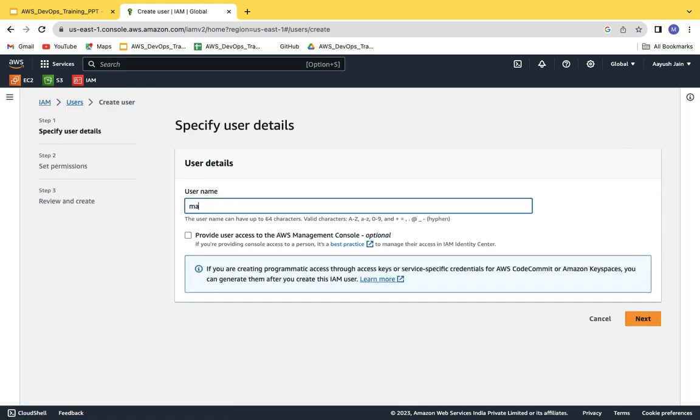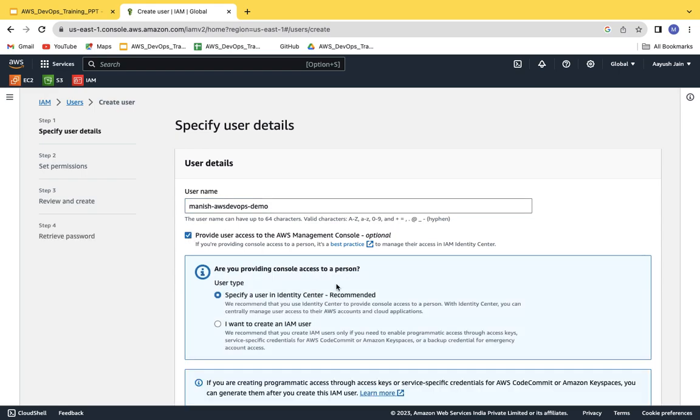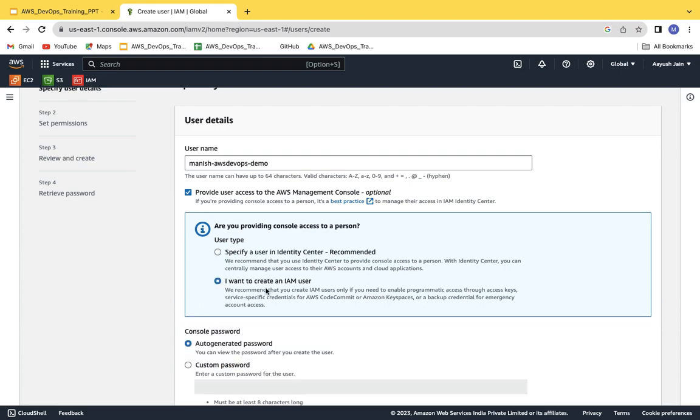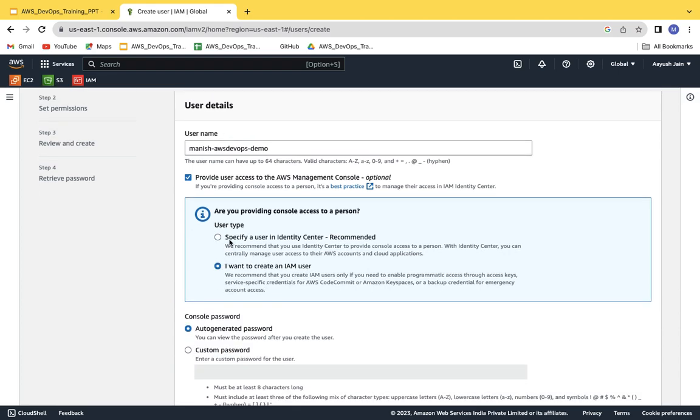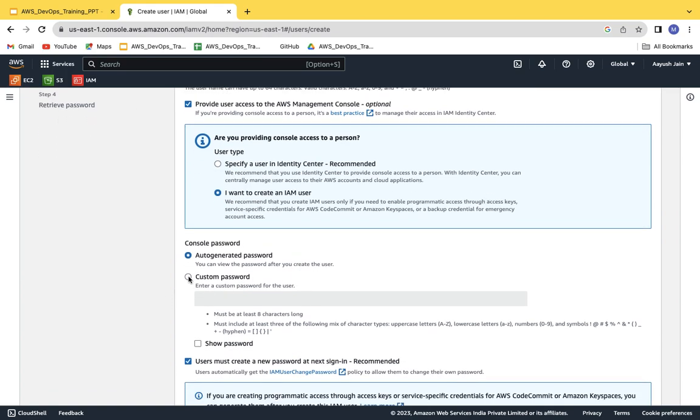Let me give a user name as Manish AWS DevOps Demo. I want to provide user access to the AWS Management Console, and in the user type, try selecting I want to create an IAM user, even though it specifies a user in Identity Center. That is more related to the SSO authentication that we generally do as part of organizations, more into domain-based registrations. You can just skip that, because we are not interested in creating a user in the Identity Center, as we did not register any identity. So just set it to I want to create an IAM user